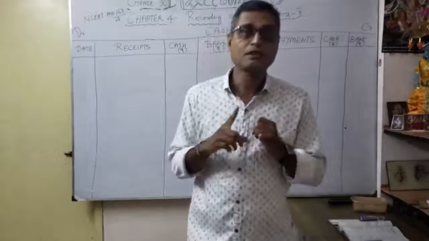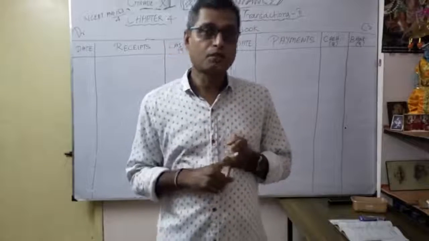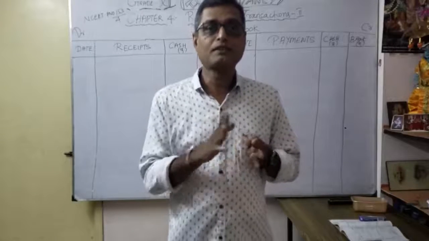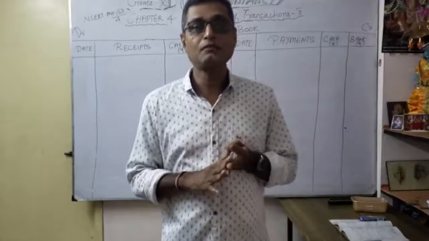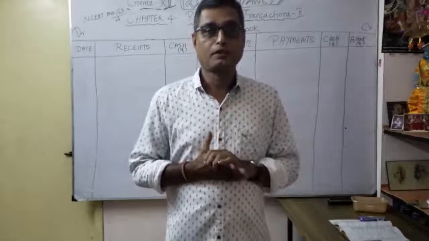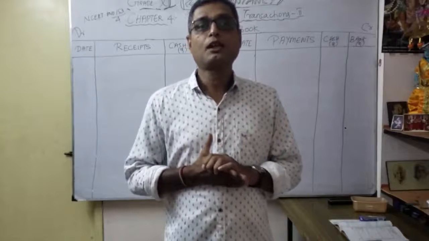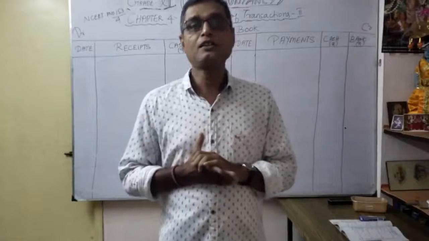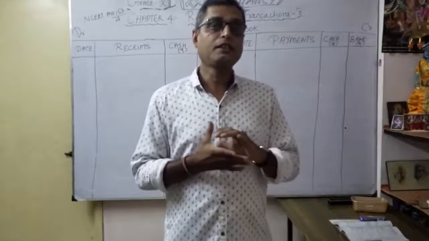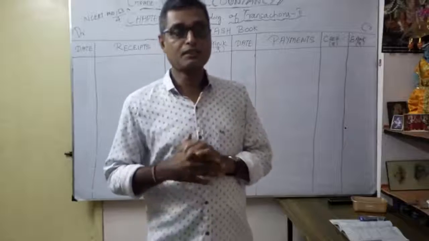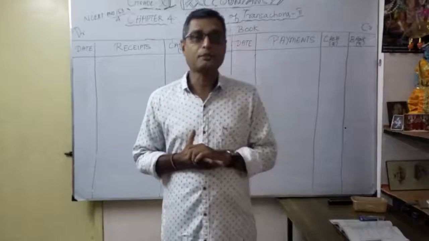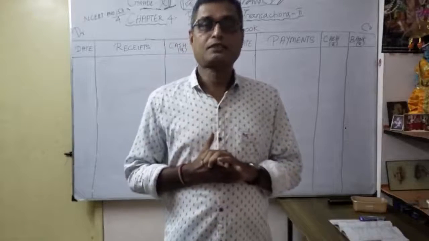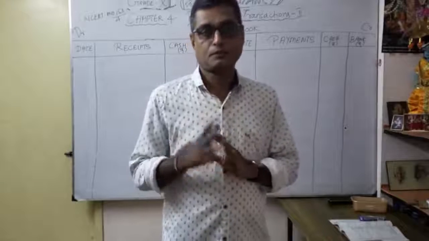So we already discussed cash book, totally 4 types of cash book. What is number 1? Single column cash book, double column cash book, triple column cash book, but that is not for our discussion. Then fourth one, petty cash book. What is the meaning of single column cash book? Only the cash transactions are entered in the cash book, that is called single column cash book. Today for this session we are going to discuss just the second type, double column cash book, that is two sides of cash book.